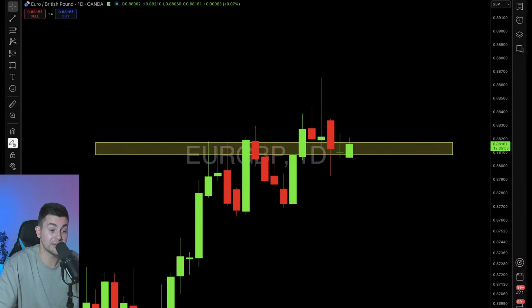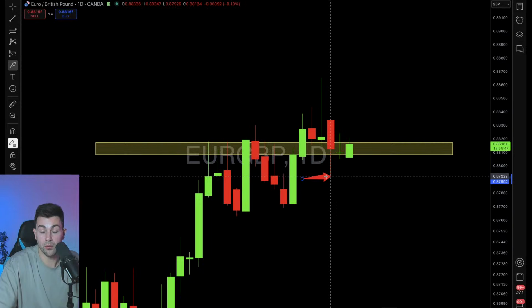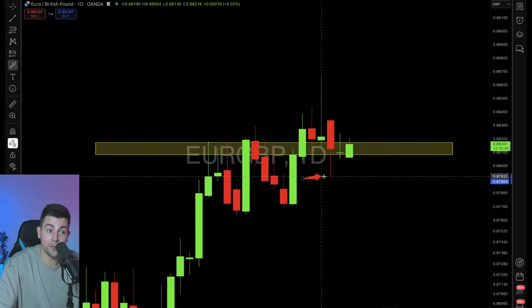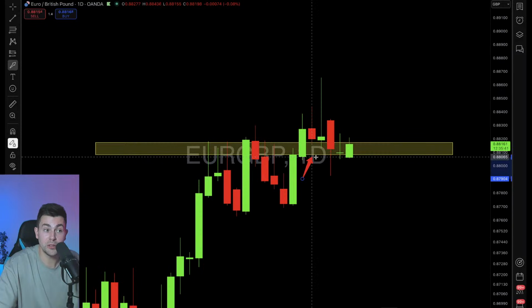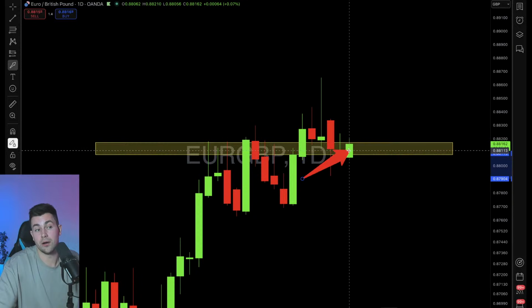time frame. And this week we got a trap. Yes, you can see that we formed this long wick right here. We went way beyond that structure, but we did not manage to close below that. Then we formed a doji candle that signified that the market finally found equilibrium, and now we continue trading